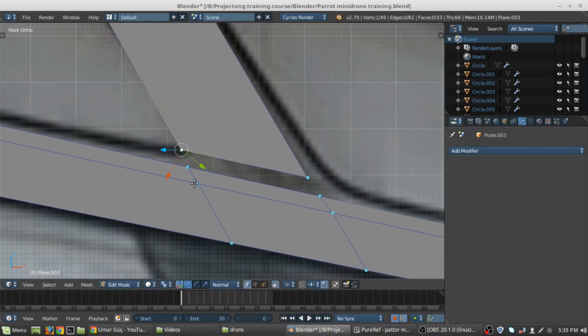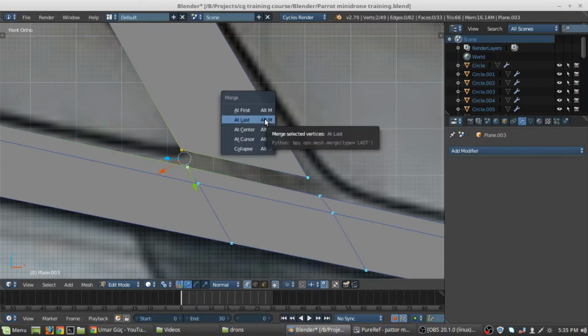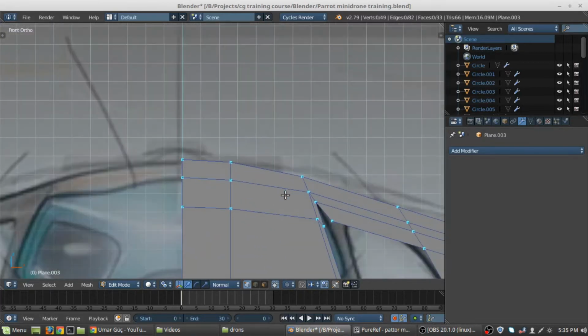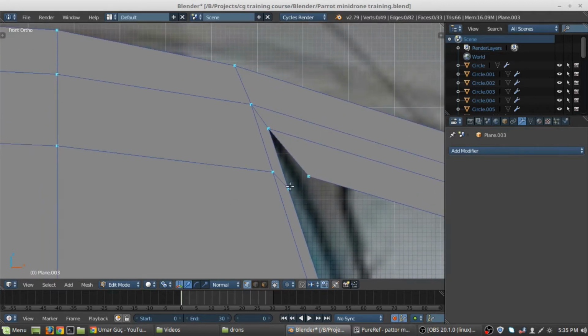Then we can select this vertex and then select this vertex, press Alt M and choose Add Last. Or I think the better way to do it is just first let me align this